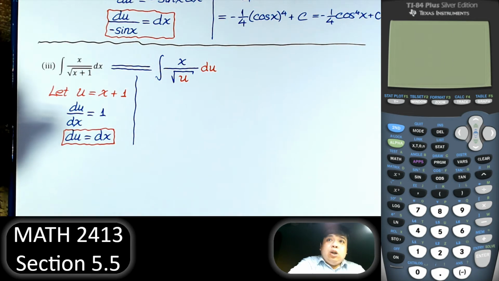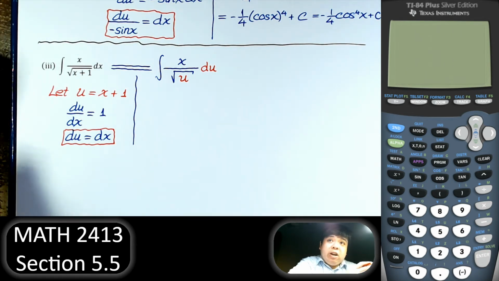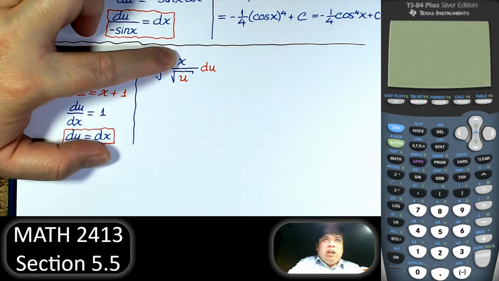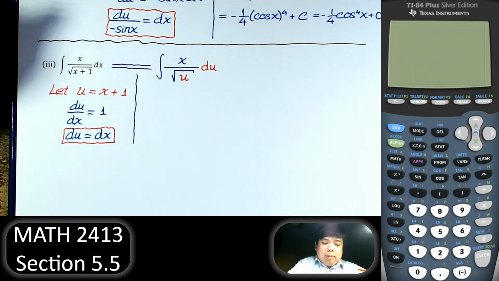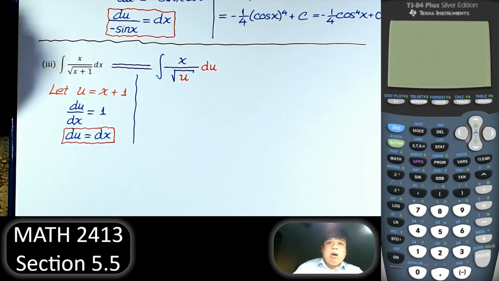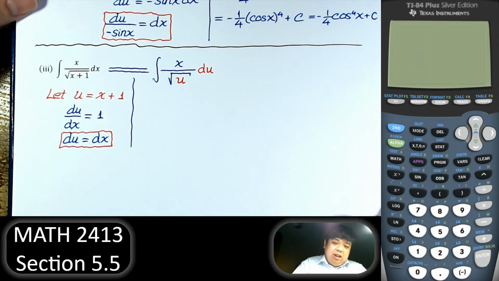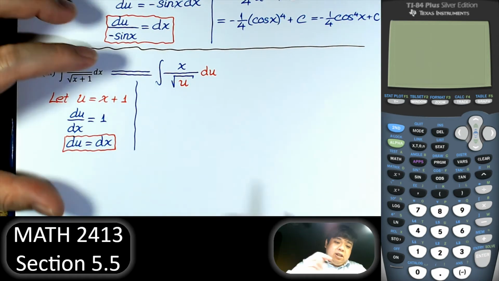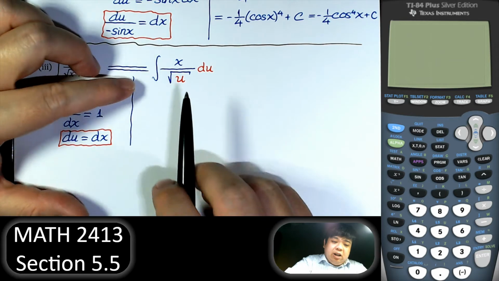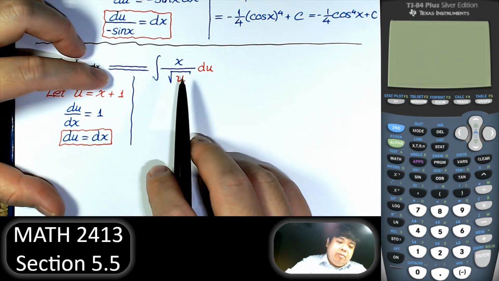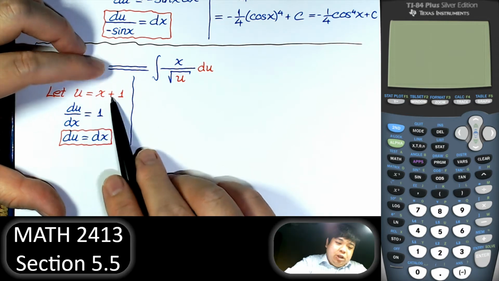But usually if it works out perfectly, we should not have any x left. Here we have the x left that does not cancel to anything. So is that wrong, or we have to do something else? Well, actually it's not wrong. The problem here is we want to write everything in terms of u because that's the goal here, but it's not that bad. If u equal to x plus 1,